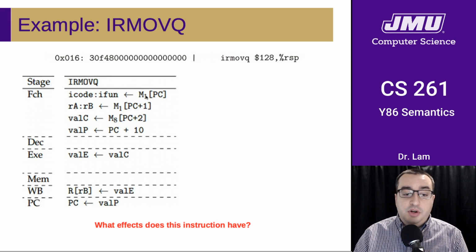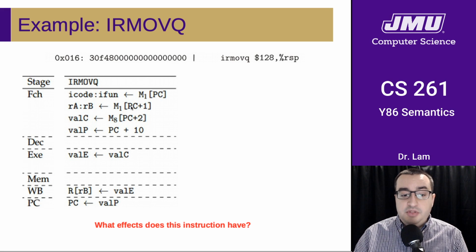So this means that we're going to read a byte from memory. The address that we read from is going to be PC. Right now, the program counter is presumably pointing at this instruction, so the program counter value is going to be 016. We're going to read in that byte, so that's going to be this 30 value here in hex. And we're going to split it into the high order 4 bits, which is going to be this 3, and the low order bits, which is this 0.